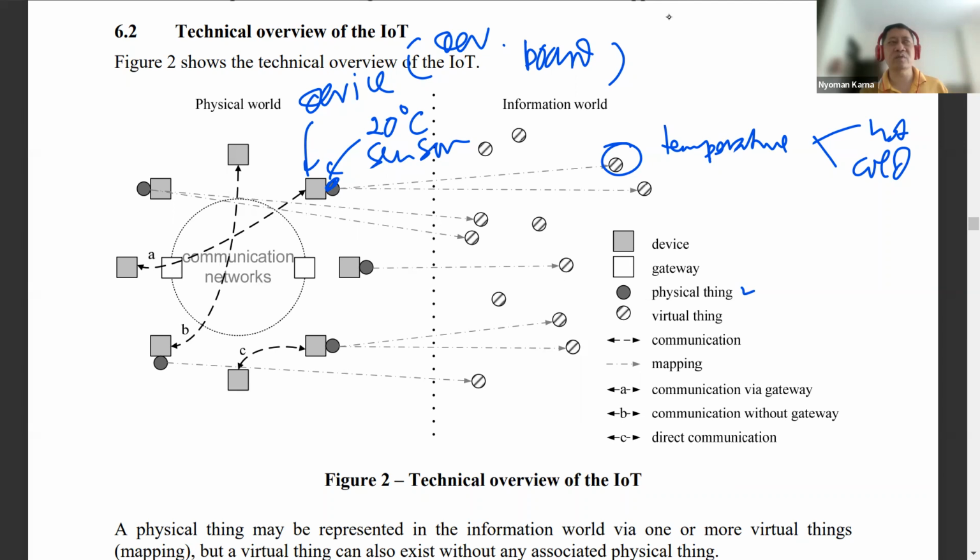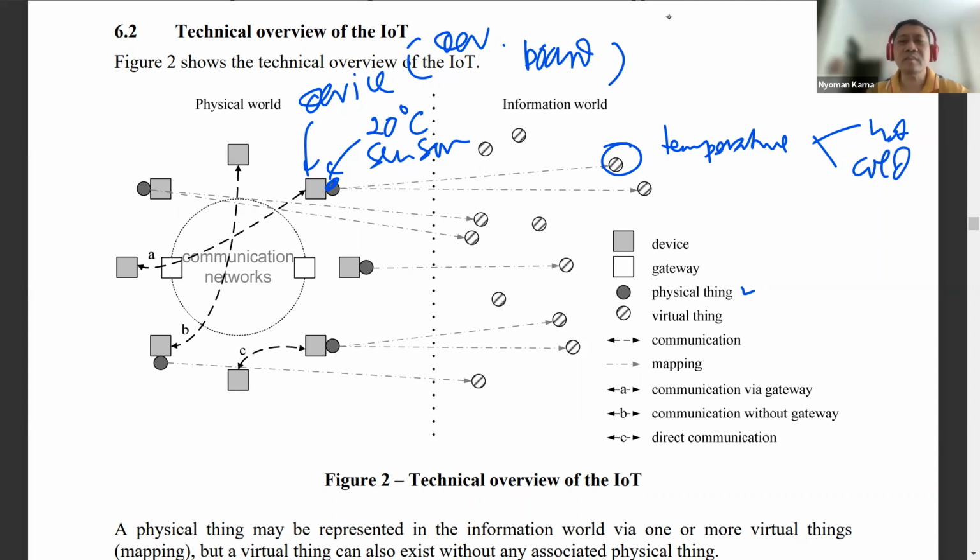Now is the time for you to sense the temperature and give me the value. That's the purpose of the device. And then another purpose of the device is to process that information. And then the third purpose of the IoT device is to send information to the internet or into the communication network.